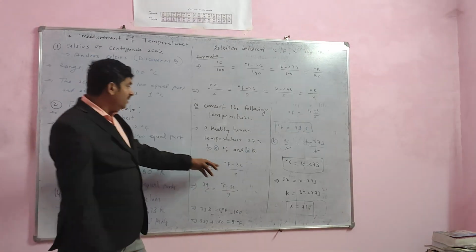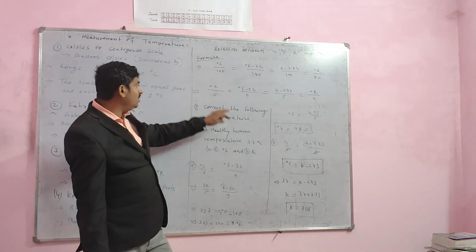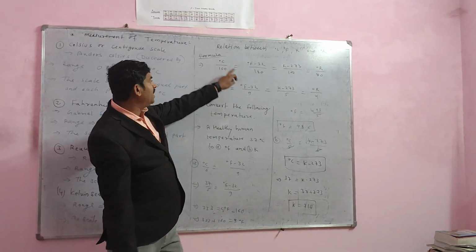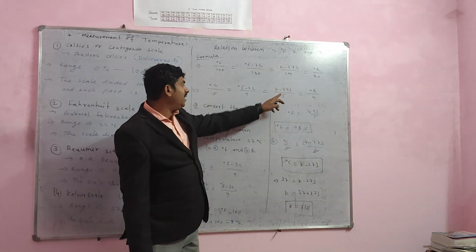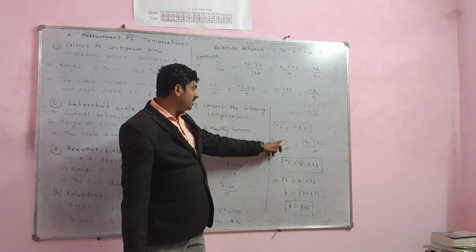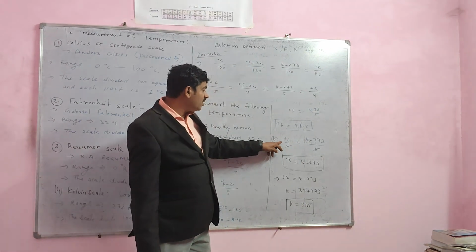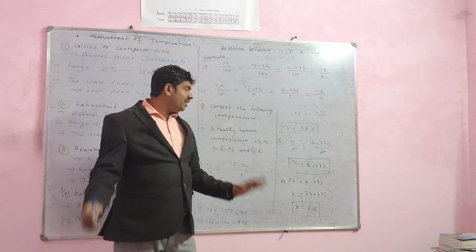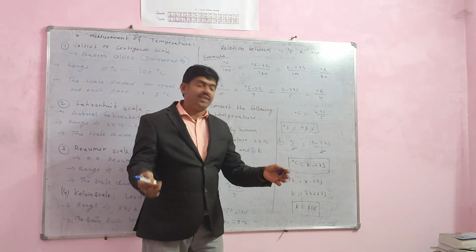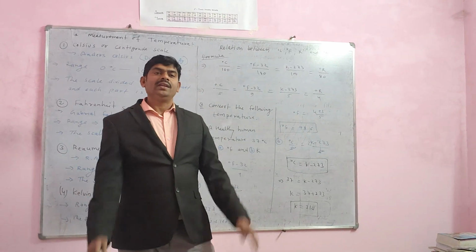Now again, question B is Kelvin. If you convert to Kelvin, you will take the centigrade and Kelvin relation. Here I am taking the centigrade and Kelvin relation. See, both the denominators below are 5, so the 5 is cancelled out. It means a new equation will be generated: C is equal to K minus 273.